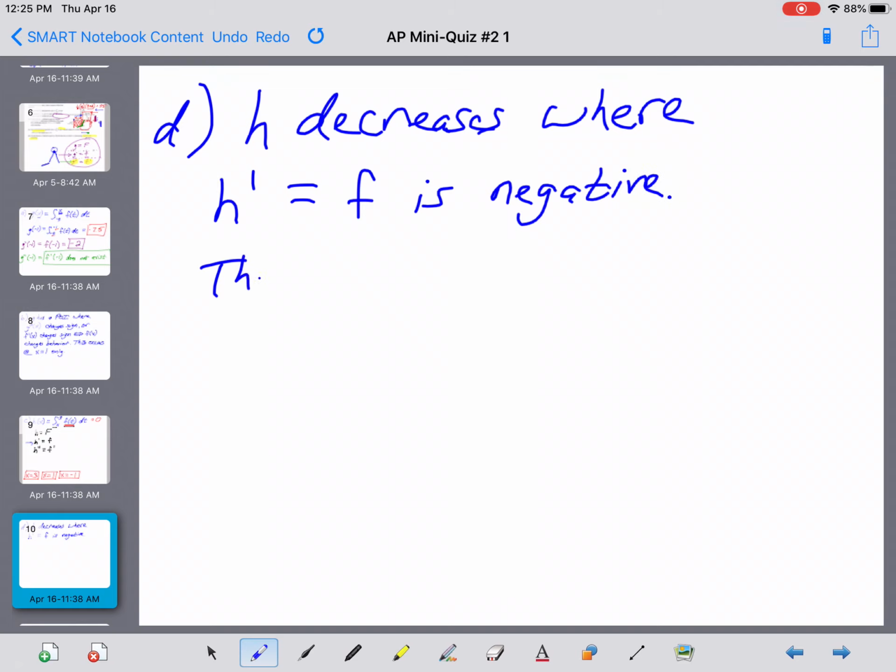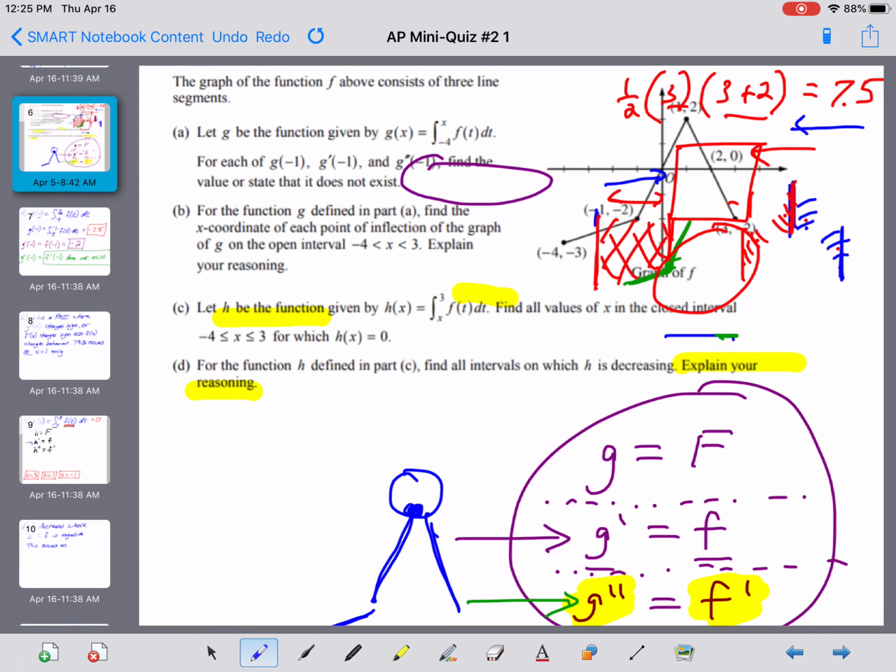Okay, and we can say here now that this occurs on an interval. Now we're looking for anywhere that this graph f is negative. It was negative right here, and it was negative until it got to here. So we're on an interval starting at -4 and ending at 0. It goes positive for a while until it gets to 2, and then it jumps to negative again. So it looks like we have one interval from -4 to 0, and another one from 2